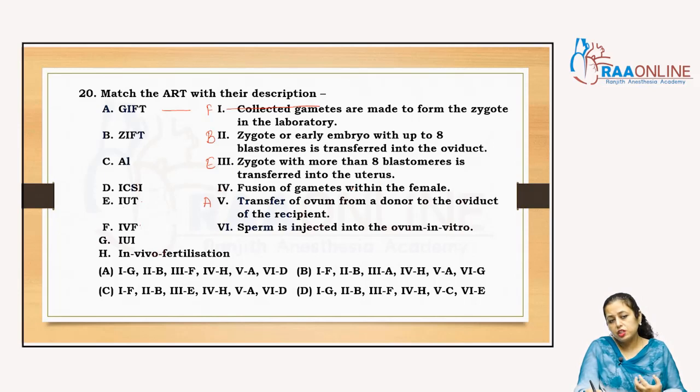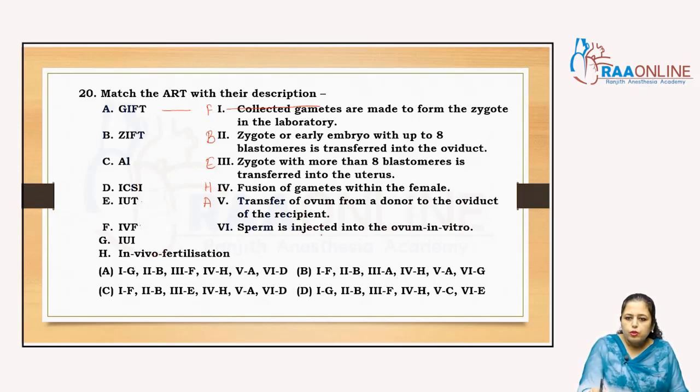That is called in vivo fertilization. Inside the body is called in vivo. Outside the body, in a test tube, it is called in vitro. So when a sperm is injected into the ovum in vitro, that is called ICSI, that is D. Clear? So the answer is